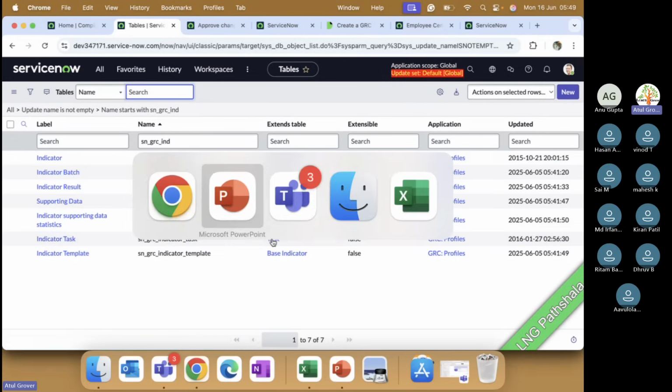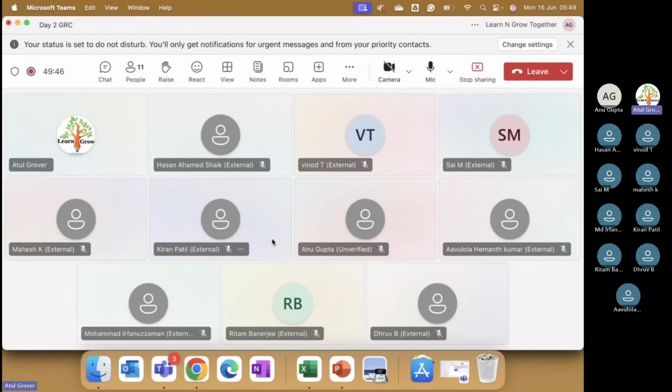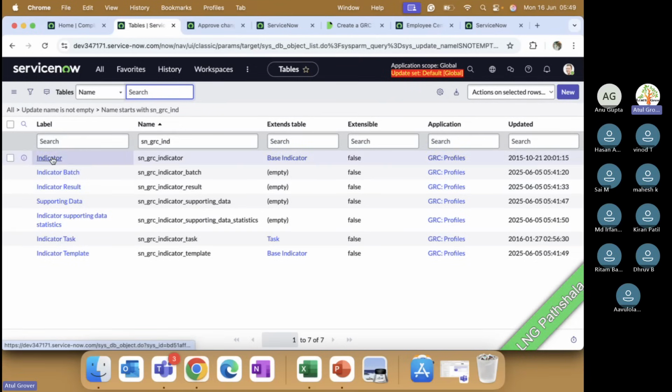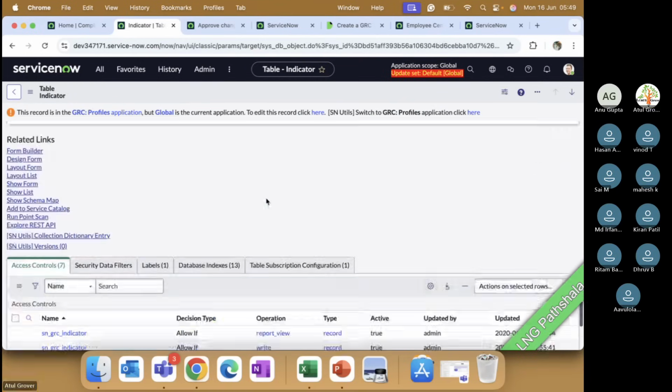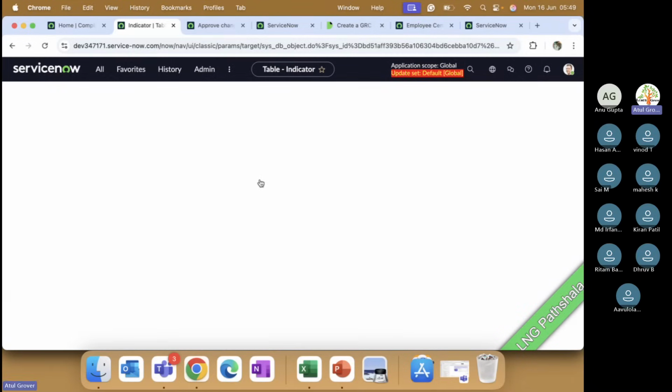Why I bring this topic now? Because we have to understand one thing, that task table is not only and only helpful, applicable, best for ITSM. Task table is used across ServiceNow. HSD, yes. CSM, yes. And GRC, yes. So if you open this indicator 1 and you just schema map,